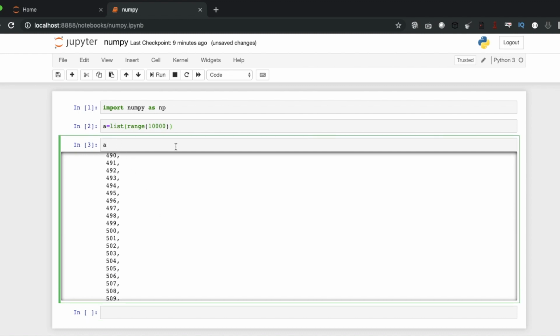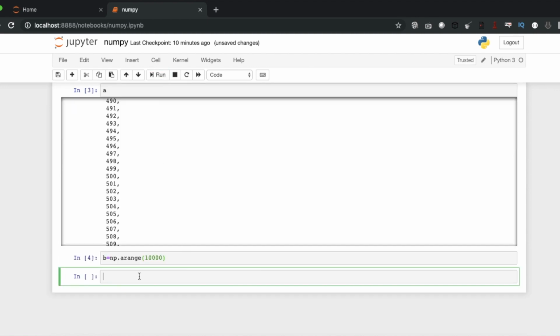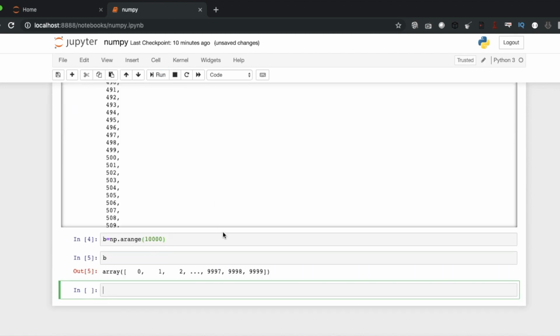Let me create another numpy array with this thing, like np dot arange 1 2 3 4. Don't worry about all these things, I will explain each and everything. So this is also kind of the same.